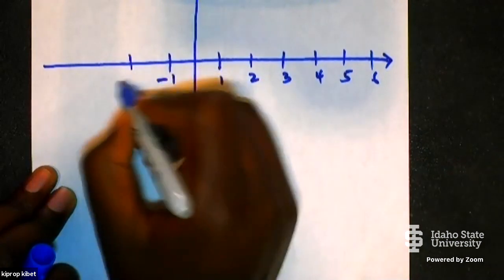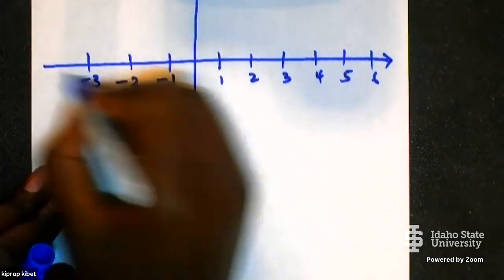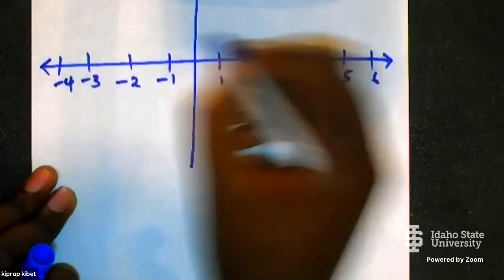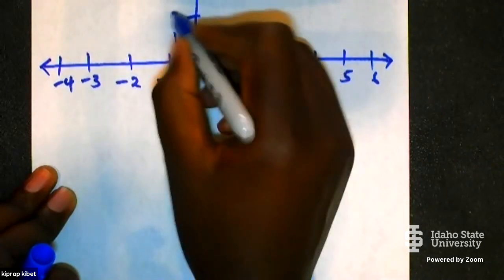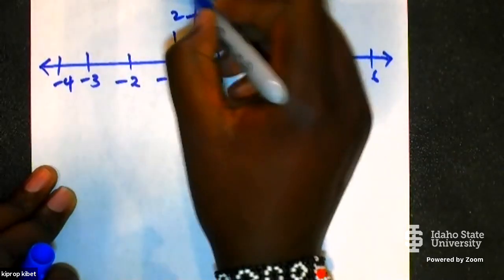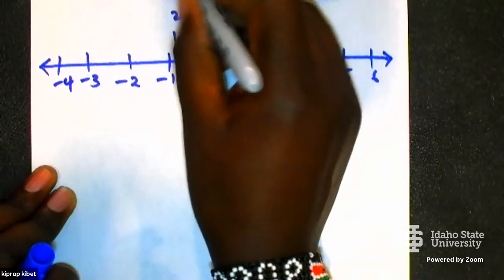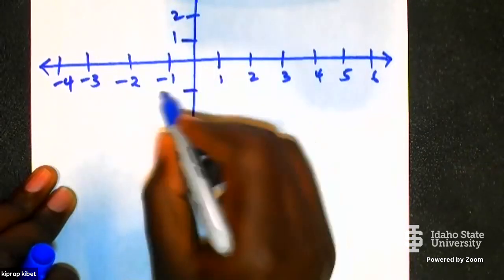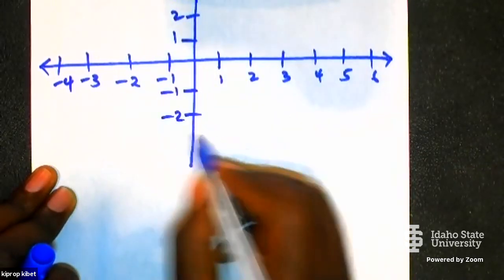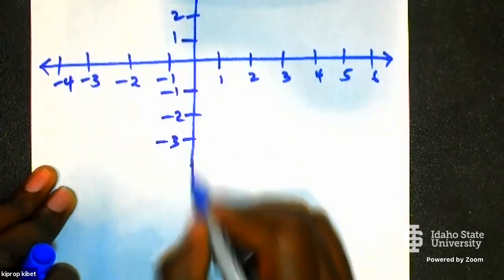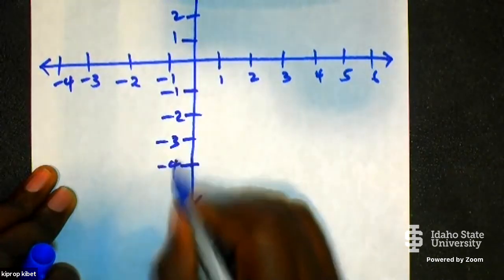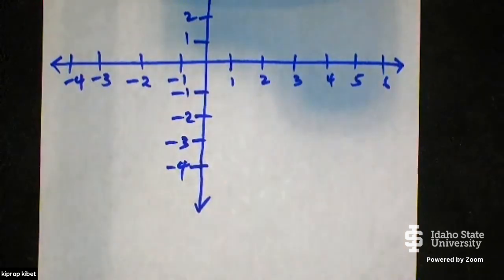Minus 1, minus 2, minus 3, minus 4. 1, 2, 3, 4. Minus 1, minus 2, minus 3, minus 4. Okay, so our first point is